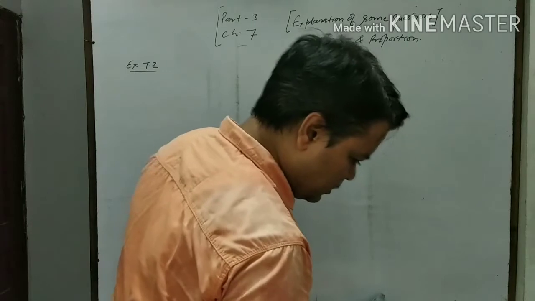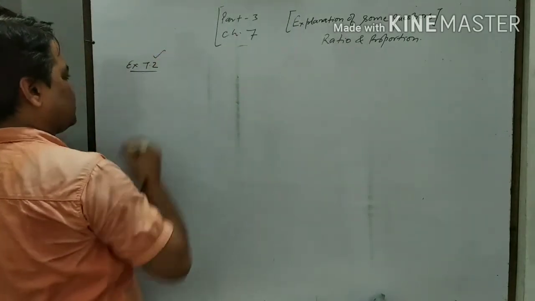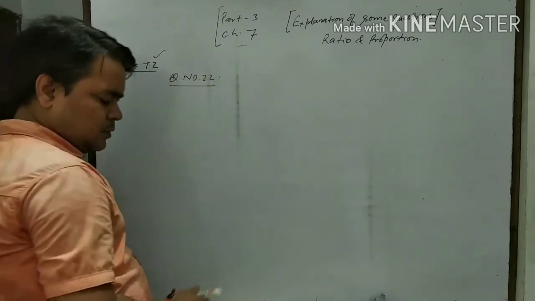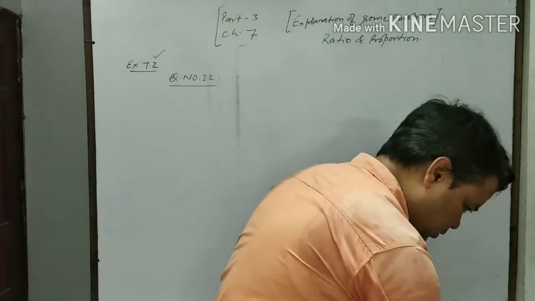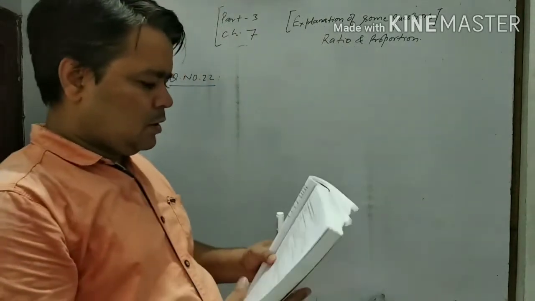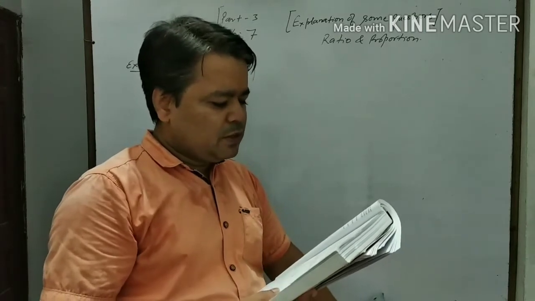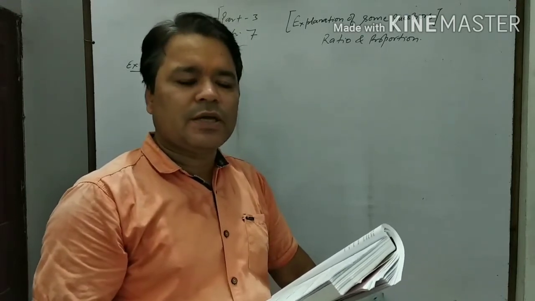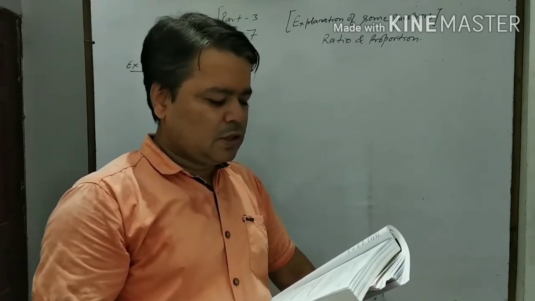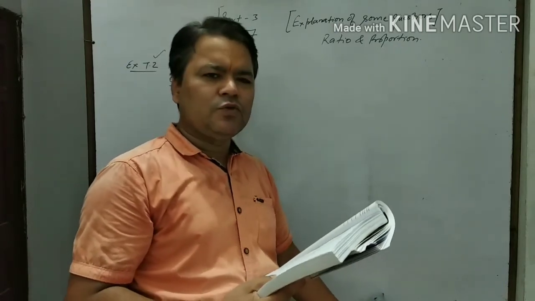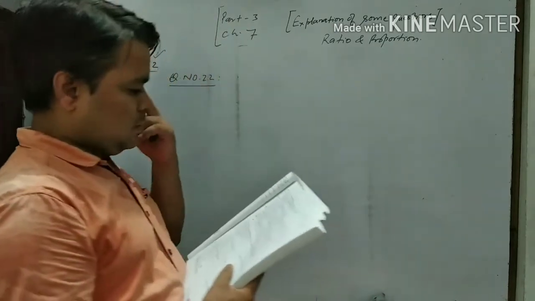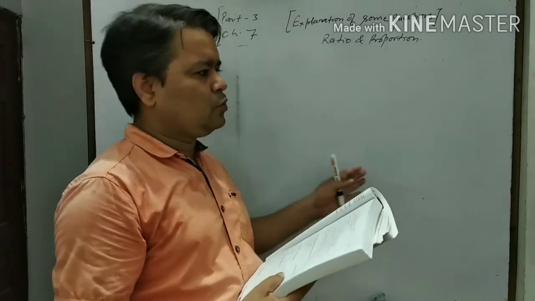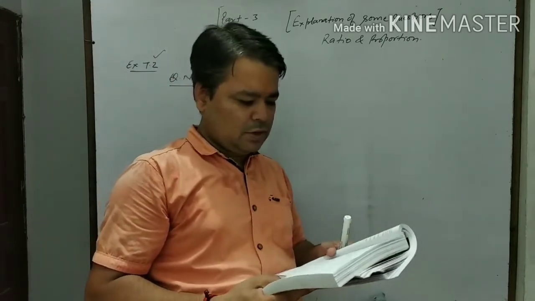That is question number 22, the same exercise. What is the question? According to question number 22, if A, B, C are in continuous proportion, then prove that. There are 6 questions given, and all the questions are solved with the same method using k. Just like in our last question, question number 20, we use the k method. This is also known as the k method. So here also we use the k method.